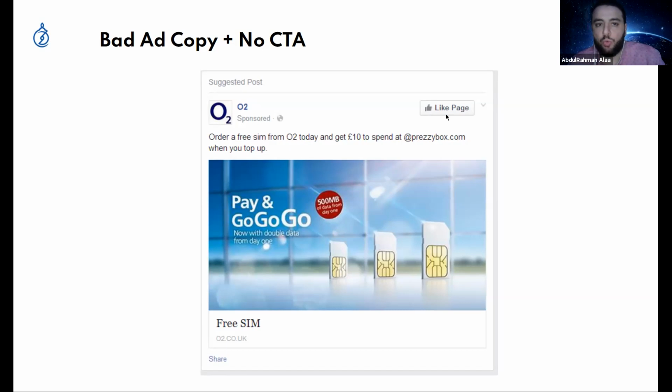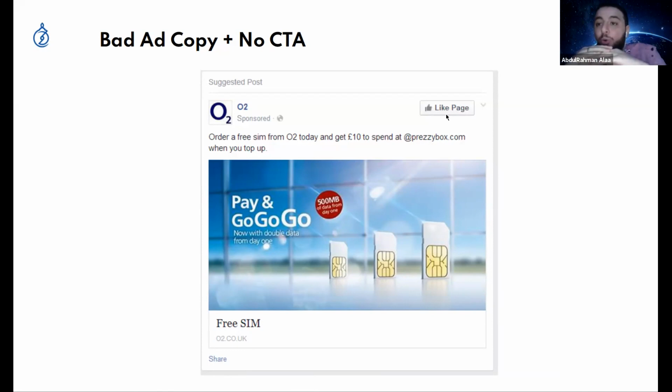And why am I seeing this ad as a person? Like, am I in another competitor's network? There are a lot of questions people can ask when they see such an ad without answers. So if you are in the awareness phase, targeting people who don't know you, this ad is wrong, and you need to talk about yourself more and add a CTA.